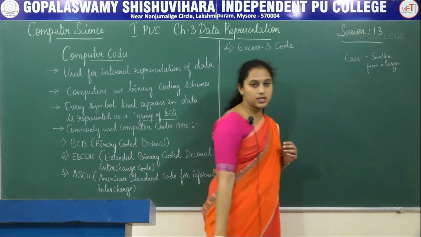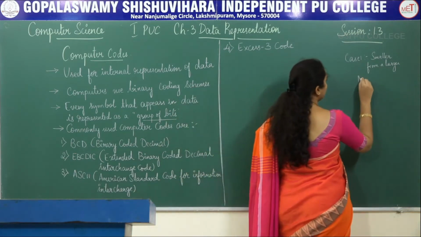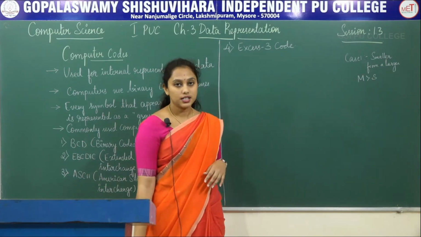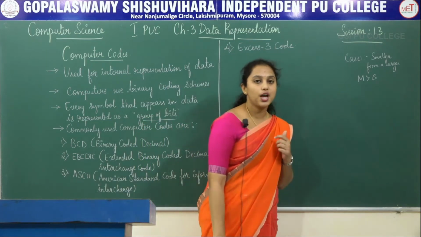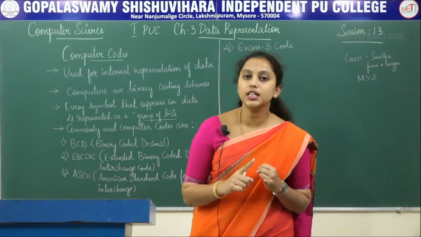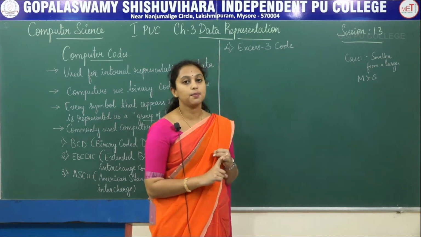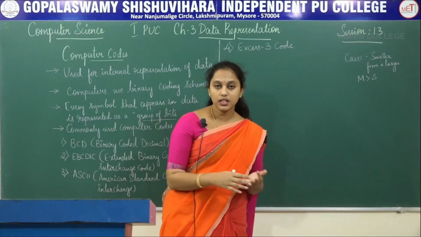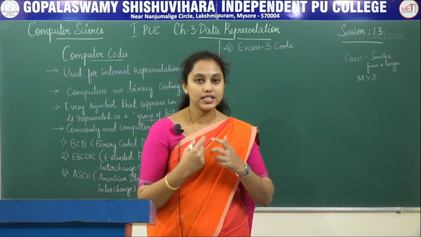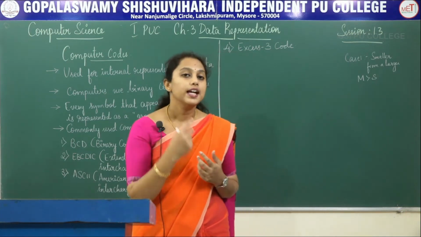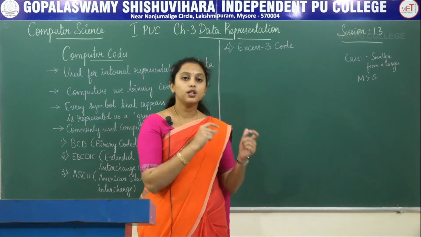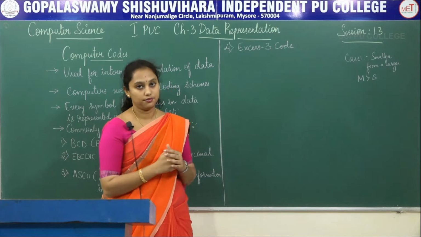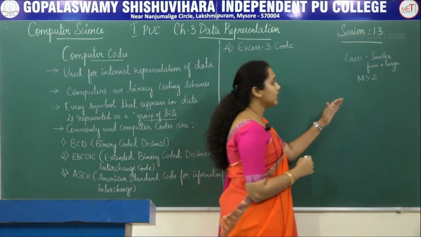In this case the minuend is greater than the subtrahend. The first step is to take the ones complement of the subtrahend. In the second step, we add that ones complement to the minuend. In the third step, whatever carry is generated is called the end around carry. That end around carry is added at the LSB to get the difference. So this is case 1.